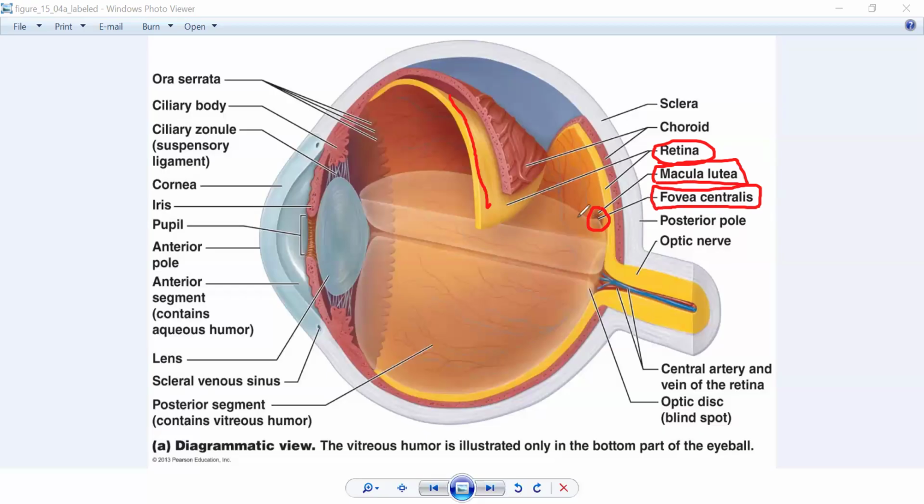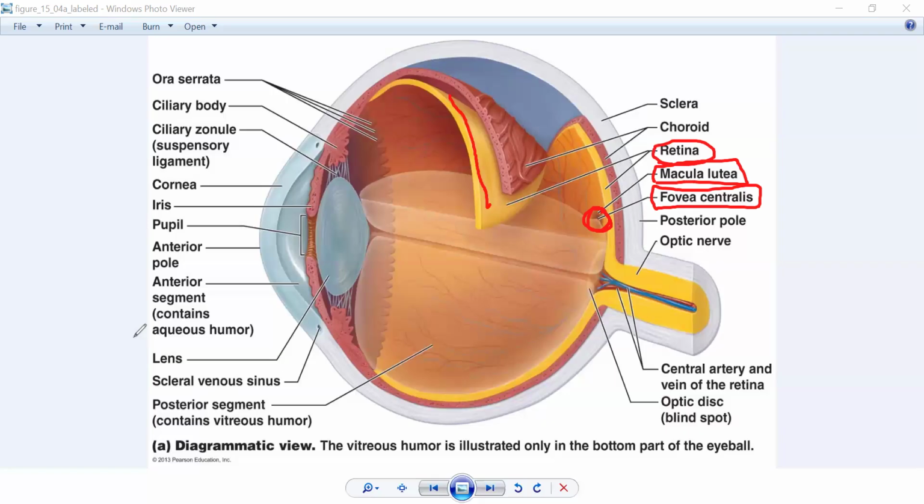But again, overall, you have both photoreceptors in the retina. Don't forget, you have more rods than you do cones. Yet when you get to this circular region called the macula lutea, it shifts. You have more cones than you do rods. And then in the middle, called the fovea centralis, there's nothing but cones. And that's where the lens tends to want to focus light, so you can focus on objects near as